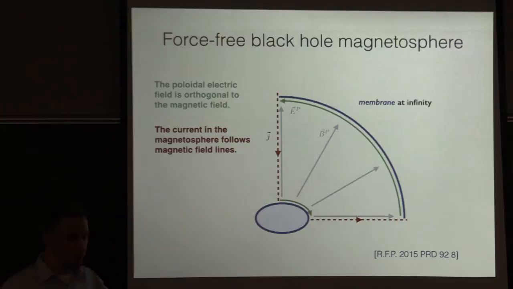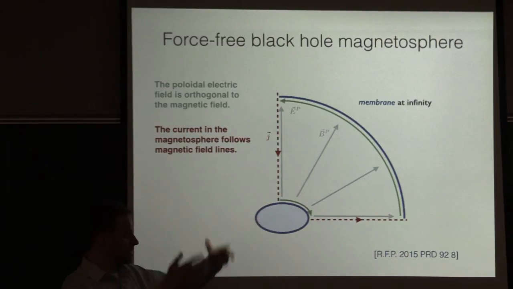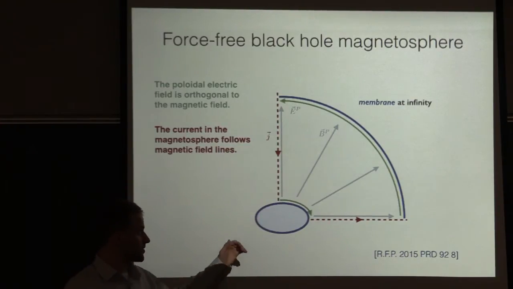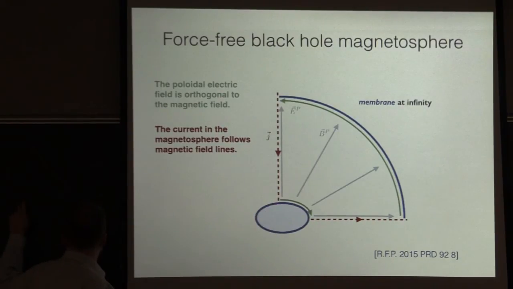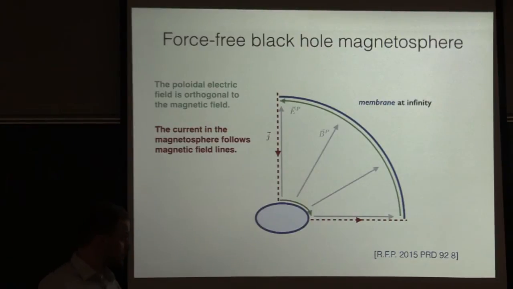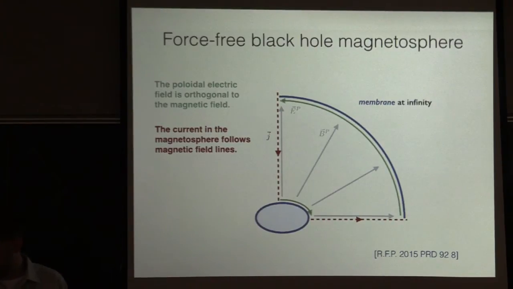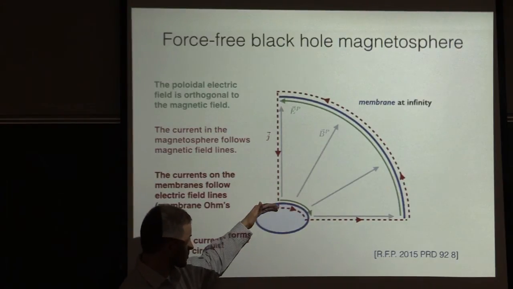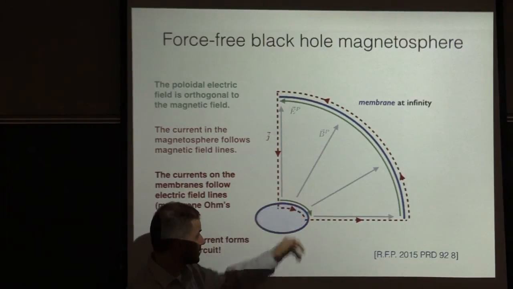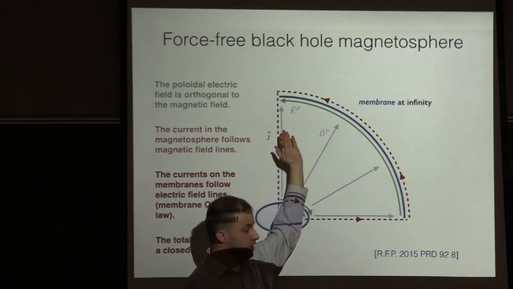And now if we weren't doing black hole membrane paradigm, we would stop, and this would be the problem we'd think about. But one of the first things I told you is that in the membrane paradigm, to get everything self-consistent, you also have to include membrane currents that flow along the membrane, that I talked about in the beginning. And so if I add those to the picture, this is what the picture becomes. You get a current flowing along the horizon, and you get another current flowing along infinity.